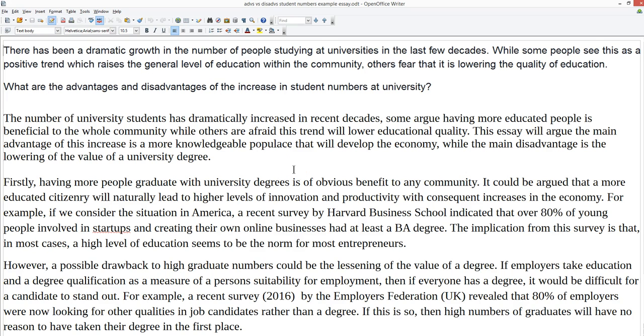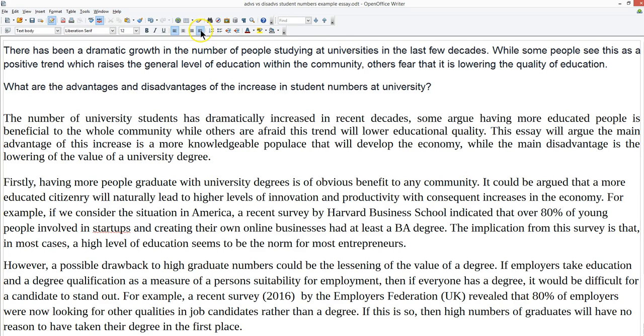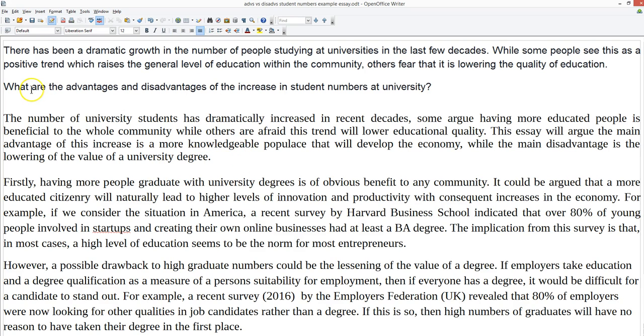So this is just again to illustrate the point, the structure. Let me just justify that. So sentence 1, you paraphrase or mention what both views are. The number of university students has dramatically increased in recent decades. Some argue having more educated people is beneficial to the community, while others say this trend will lower the quality of education. So now, this essay will argue, in other words, this is what the opinion is, that